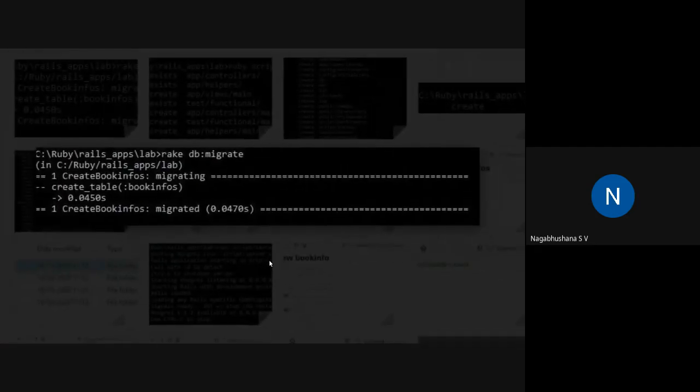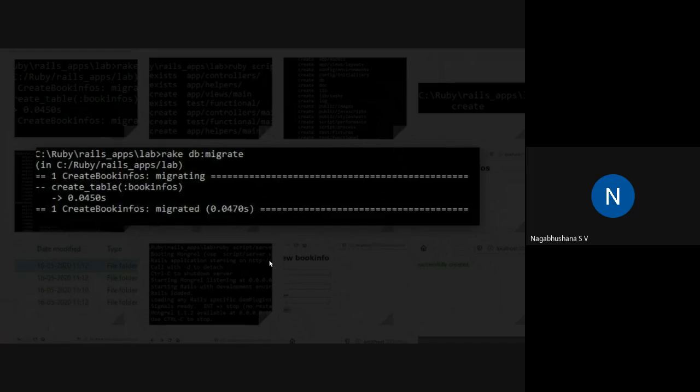Now I want to connect my table to a database, and it has to be successfully migrated to the concerned database only. To do that, I use rake db:migrate. Once you do this, the table gets connected to a database, and all the typical transactions that happen in a database will also move to the database, so that any fetching, any display, any editing, any updating, anything can be done by using this rake db:migrate command.